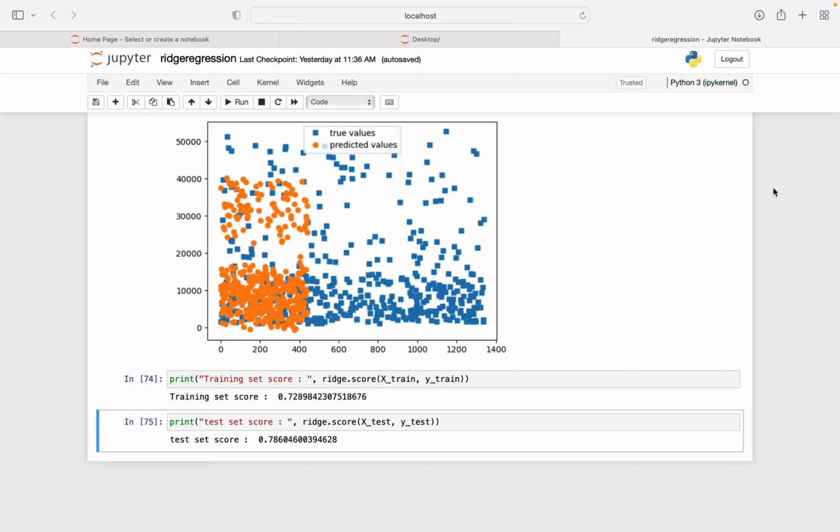So in the next video we'll look at lasso regression, and then do a comparative study between all these three: OLS,